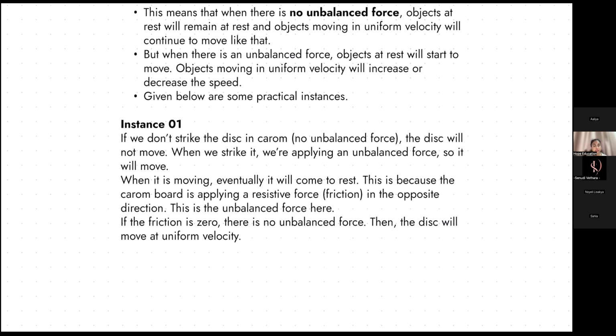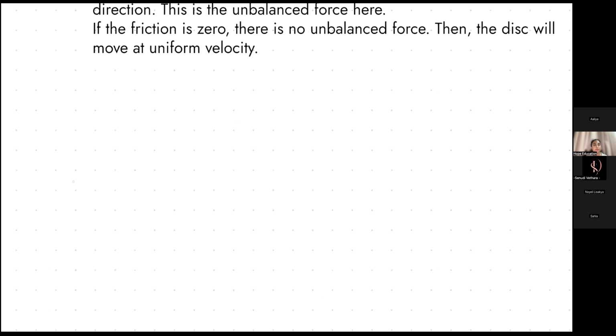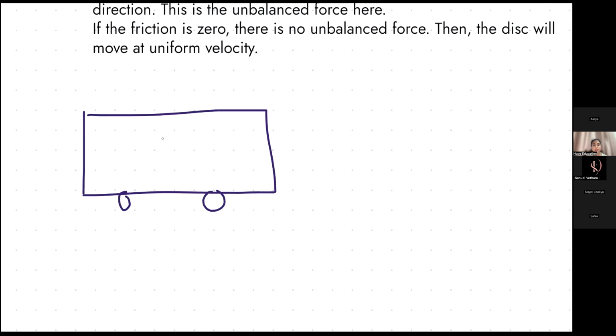Let's say there is a bus like this. So you are standing in a moving bus. Let's say you are not holding anything. You are just standing, which is a bit tricky, but let's just assume that you are standing like this. The bus is moving. Then what will happen is